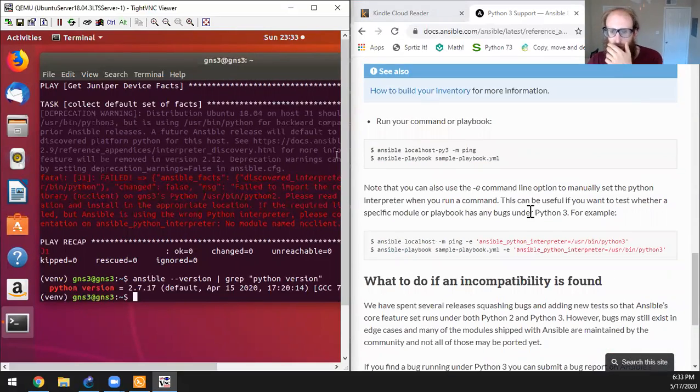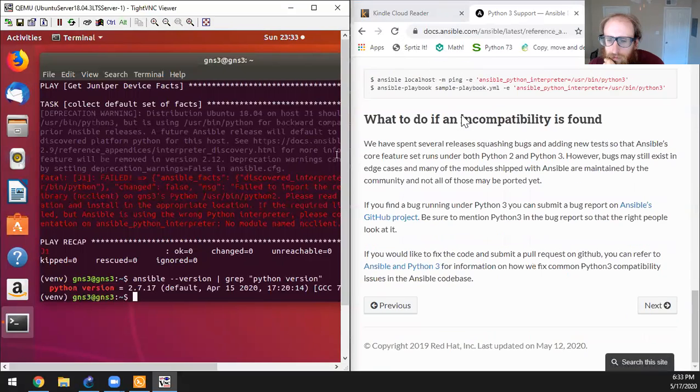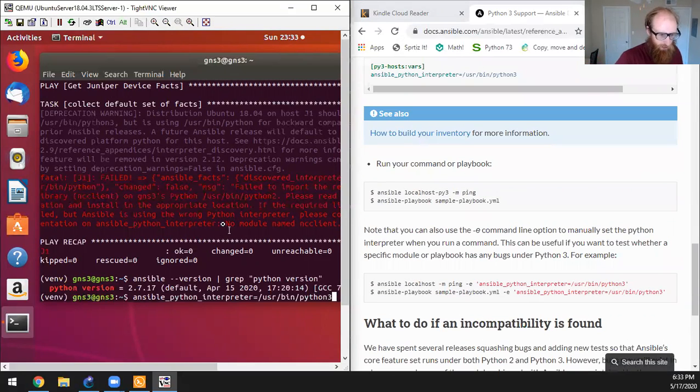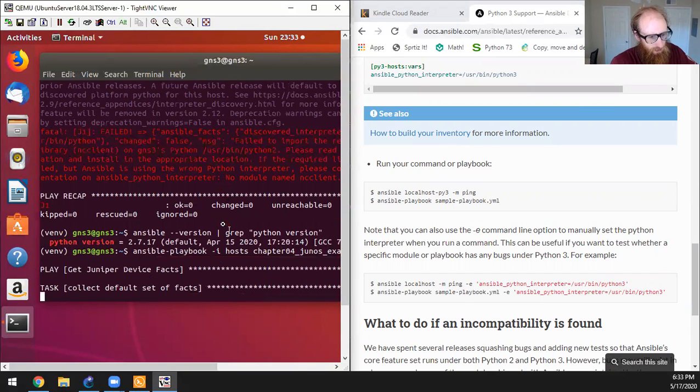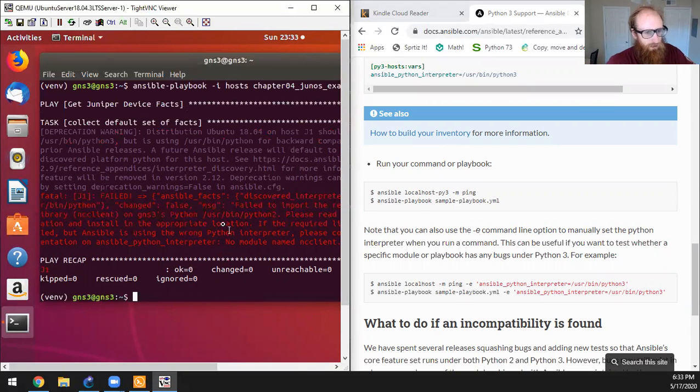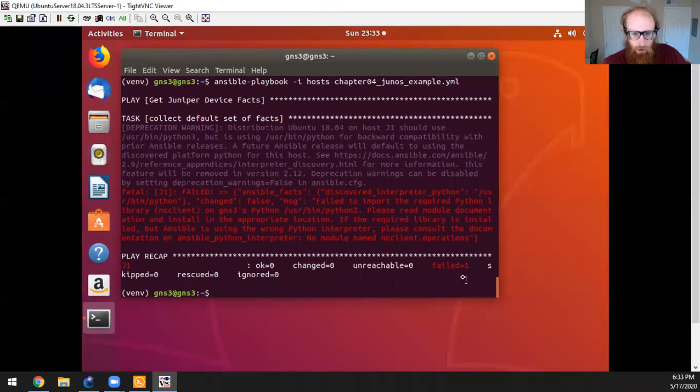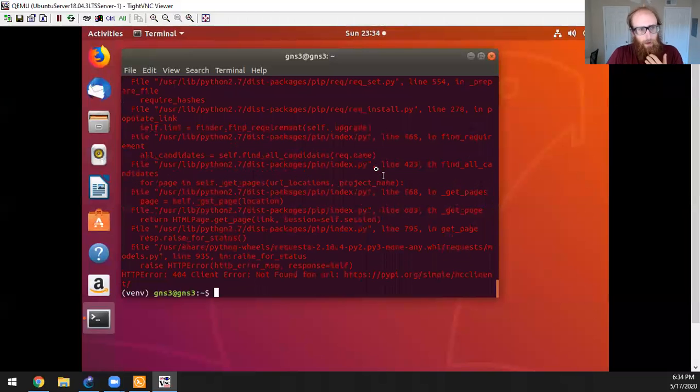Huh, okay, well, this is kind of a little bit tough here. So let's read this a bit more carefully. Oh, one thing I can do is open up and run Python 2 -m pip install ncclient, and then it will have it for Python 2, and it should be able